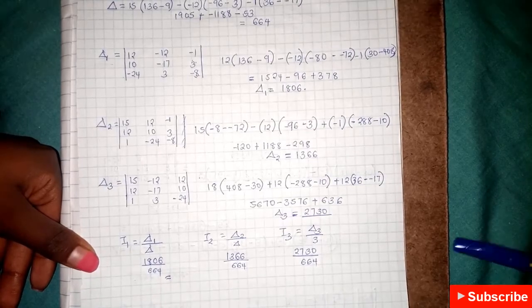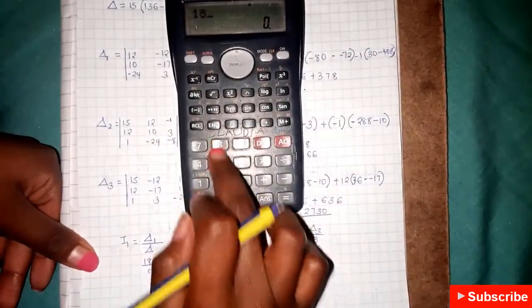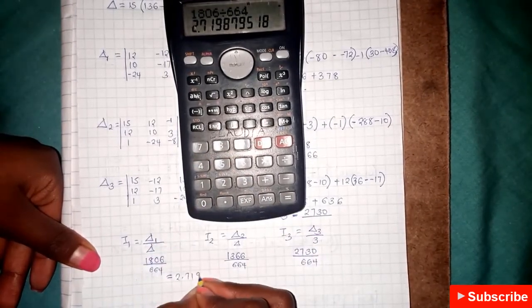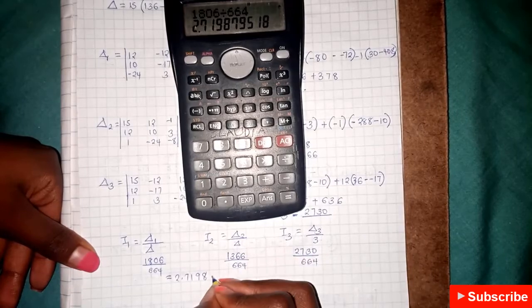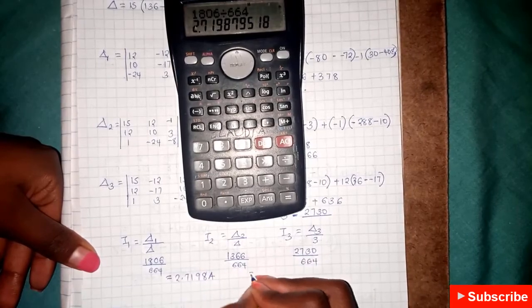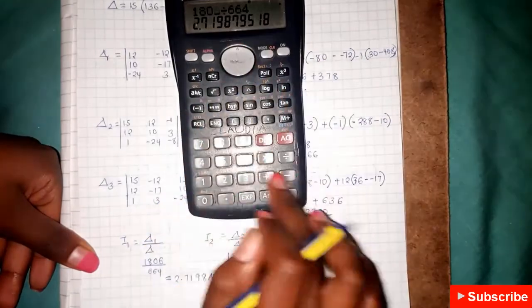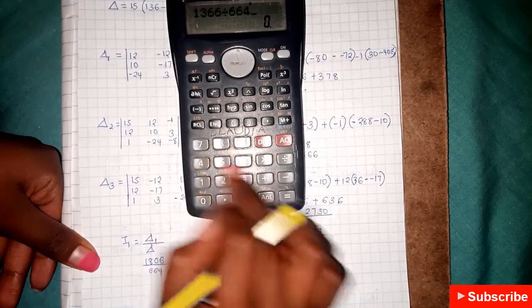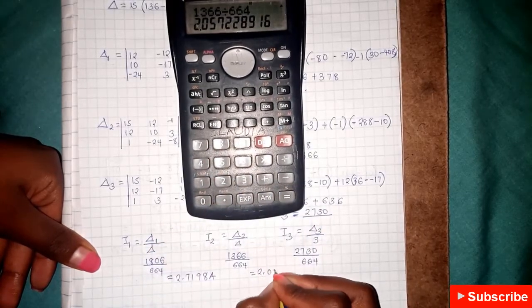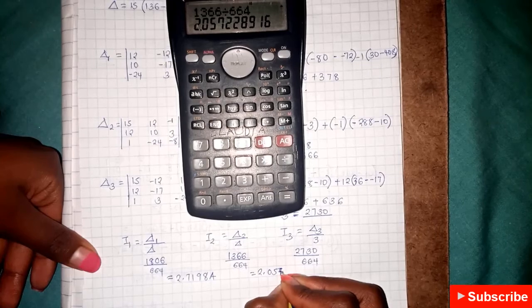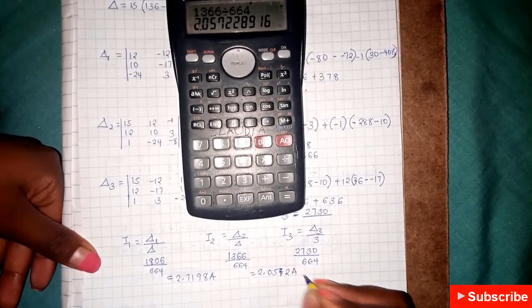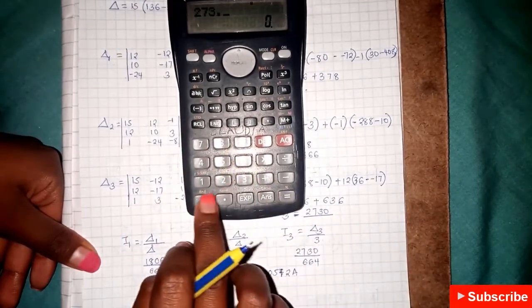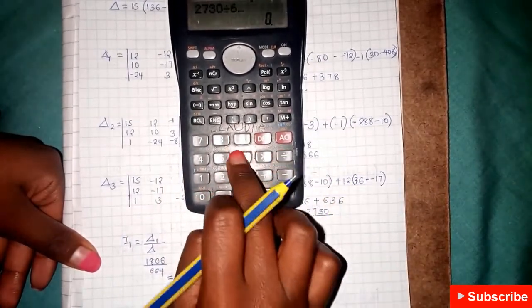Finally, we have our answers as 1806 divided by 664, 2.7198 or 19 amps. Then 1366 divided by 664, 2 amps. 2730 divided by